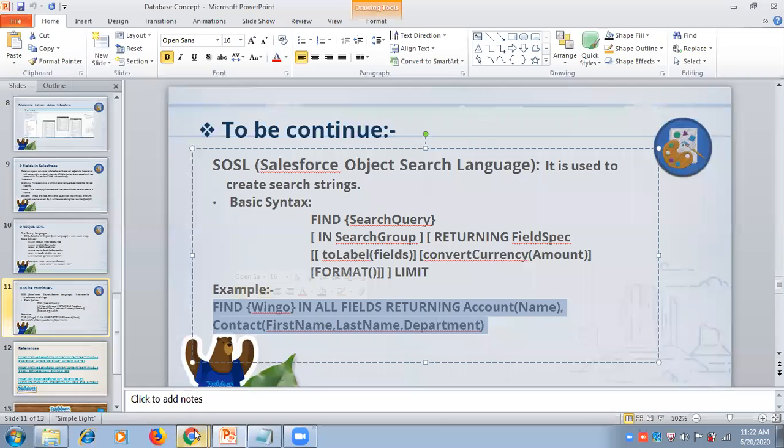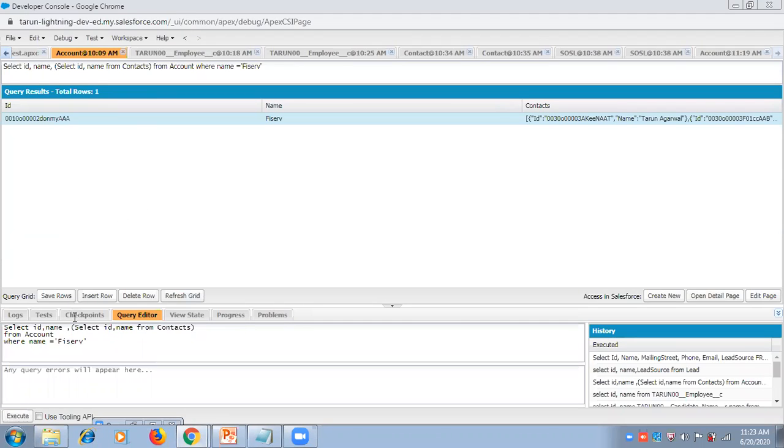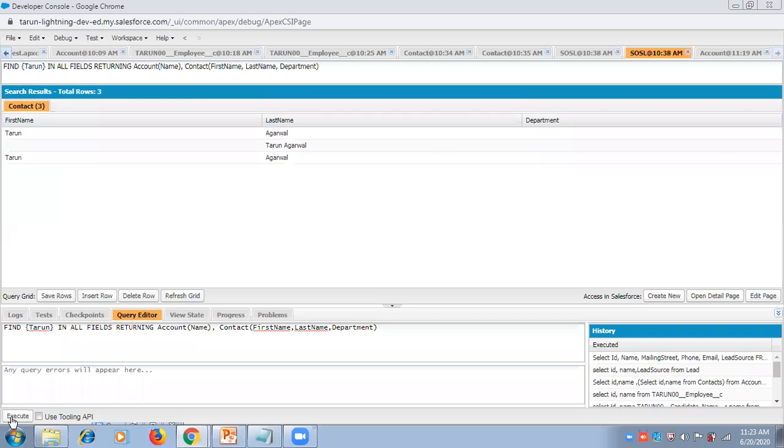Control C. I'm finding Tarun in the account and contact objects, which is in the account name field and the first name, last name, department of contact. Let's execute the query. So it is only in contact, in the first name of the first and third record, and the second one is the last name. So it is very easy when you find a string in multiple objects.